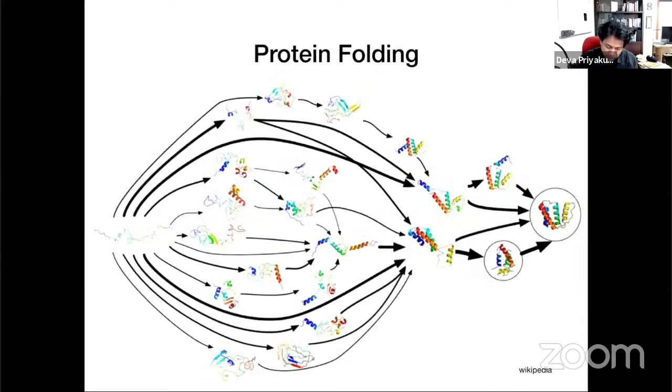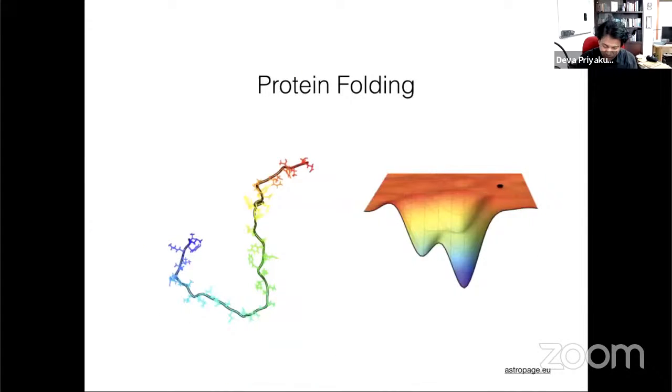Why does it fold? Why does it fold from here to here? It folds because, let's say this is the hypothetical free energy surface. Let's say that's the free energy, or delta G. And this black point here is the free energy of the structure that is shown here. So you can follow the changes happening here and how this black dot is moving. It's a movie, so you can watch it for maybe 10 seconds.